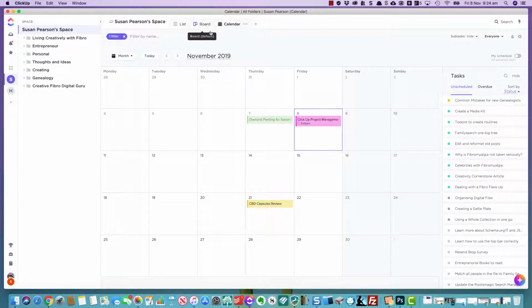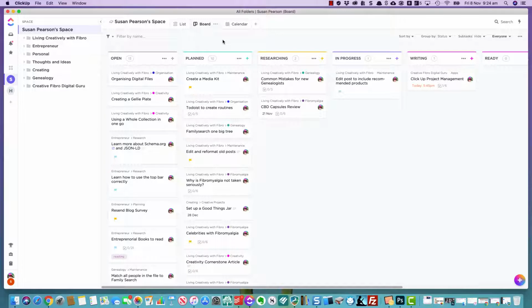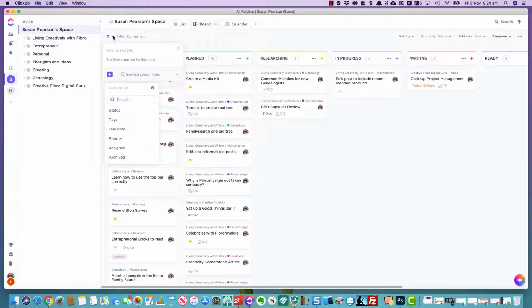You can go to boards. So this puts things into the Kanban view. So you can see what's open there, things that are planned, things that I'm commonly working on, what's in progress and writing now, all your different things there. You can filter things by status, priority, who it's assigned to,